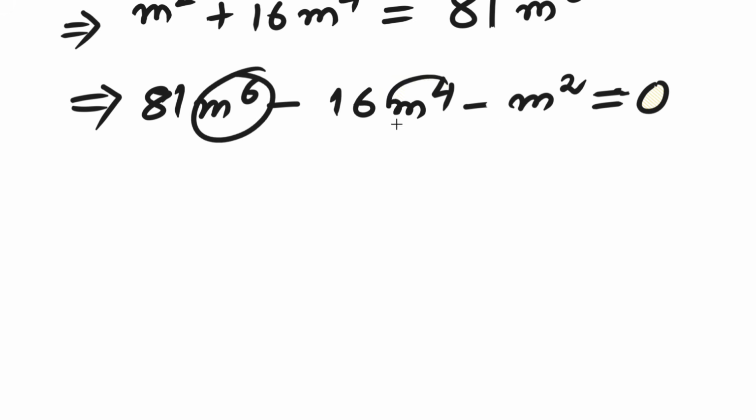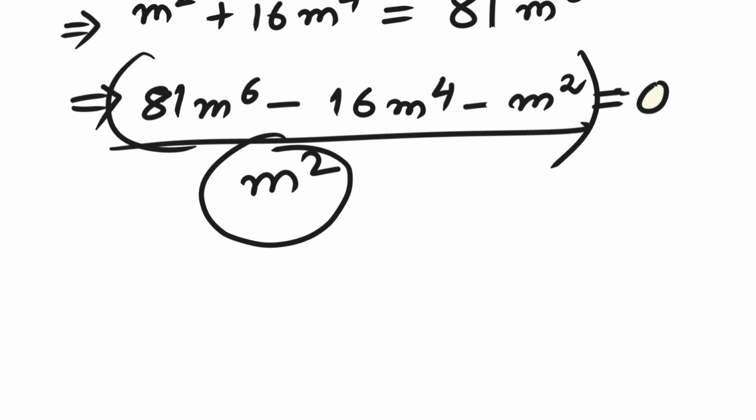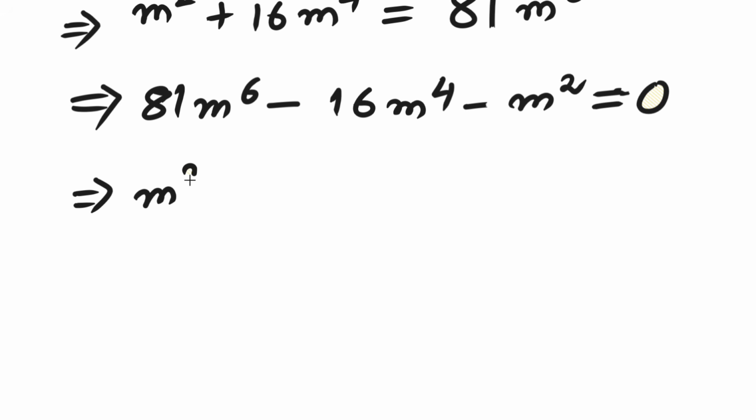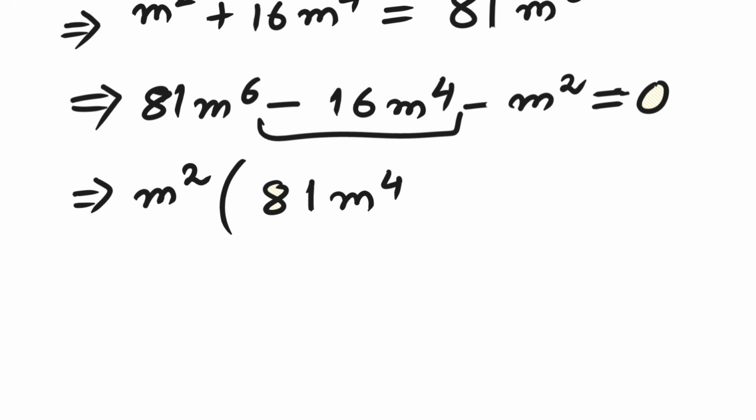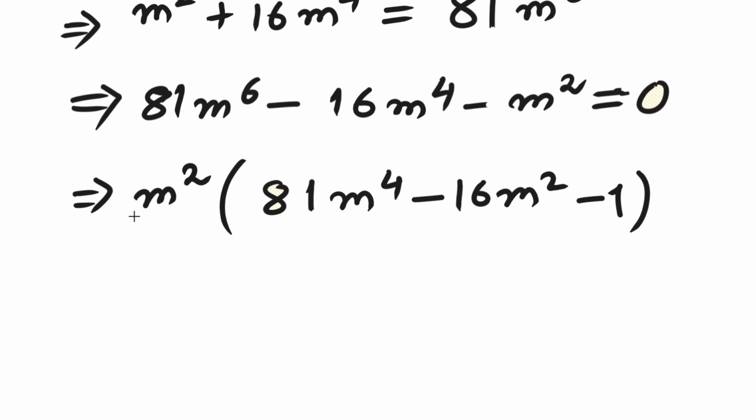Every term contains m squared, so m squared is a common factor. That means we can factor m squared out of the entire expression. When we take m squared out of the first term, 81m to the 6th becomes 81m to the 4th. From the second term, minus 16m to the 4th becomes minus 16m squared. And from the final term, minus m squared becomes minus 1. So our factored equation is m squared multiplied by the quantity 81m to the 4th minus 16m squared minus 1